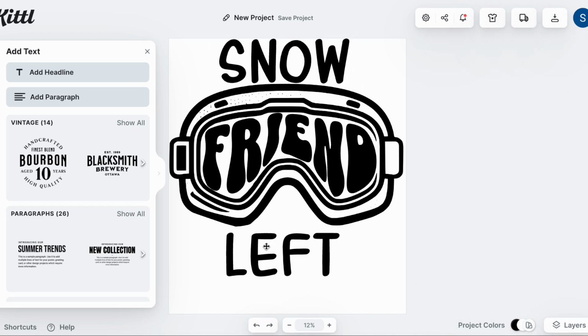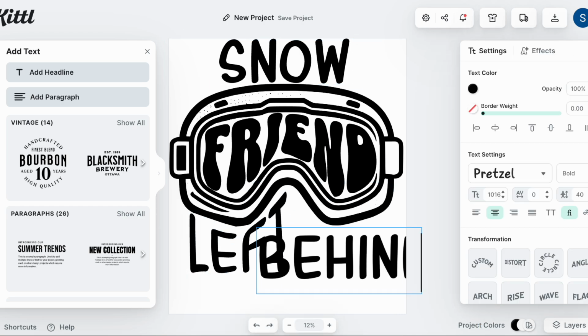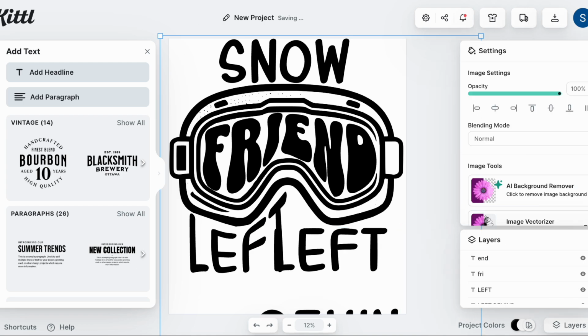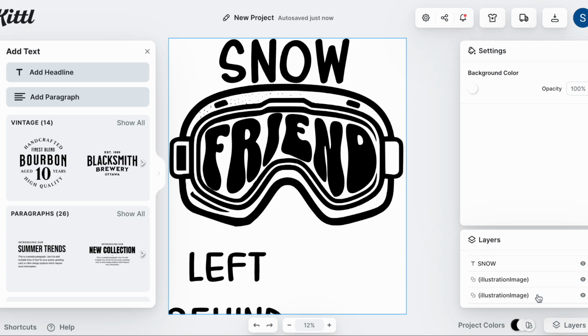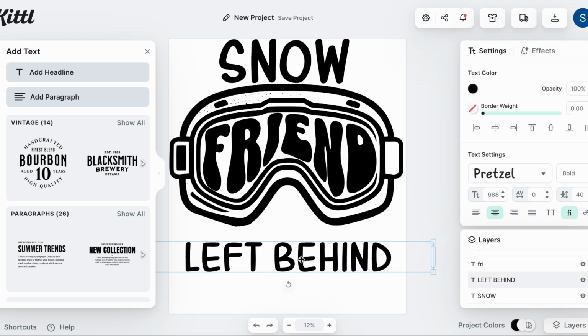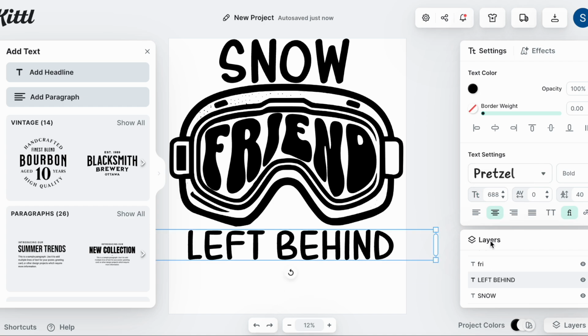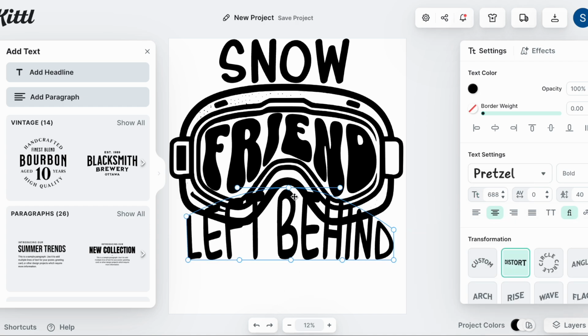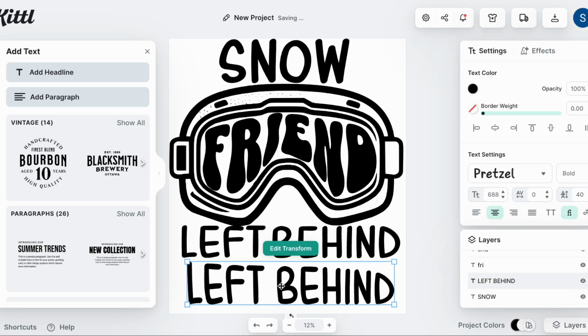I wanted "left behind" written below. And I knew I needed to do this in two parts so that I could have it stretch into the nose the way I wanted it to, but I was having a hard time spacing it out. So I first did a text box and just did the whole thing, "left behind," to help me with spacing. And you can see here, it's just not going to work if I try to pull it into the nose. So now I can do the word "left" and use my whole phrase there as the spacer or